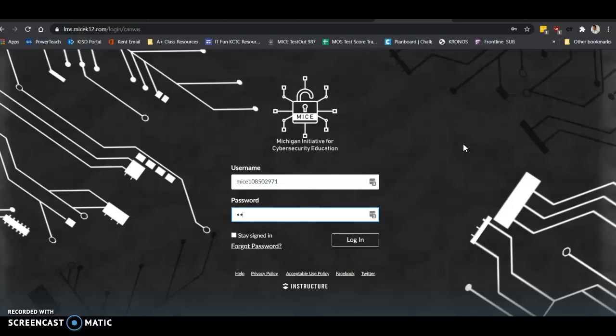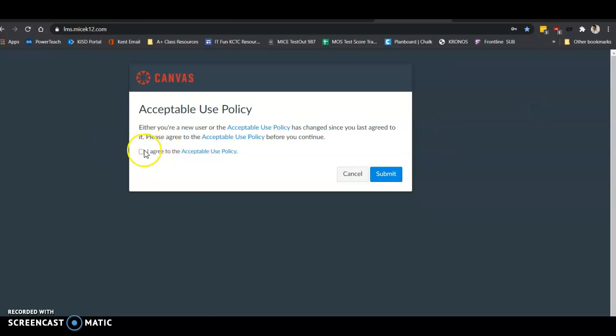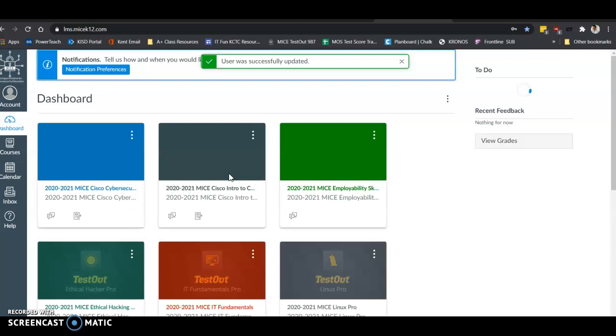And then password. You'll get an acceptable use policy to agree to. All right, at this point you can probably just start going into the class if you wanted to, but we